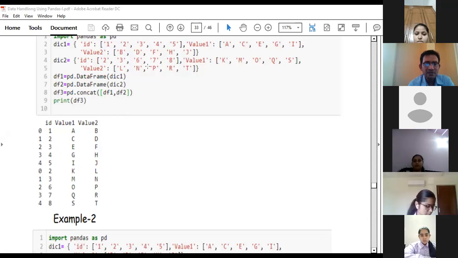Then in the next data frame, which values do we have? A, C, E, G, I, and it is like this. Then we have 2 3 and then 6 7 8. So now all the values are represented here. Okay? Because see, in a single row nothing further is common for us. You are getting it or not?